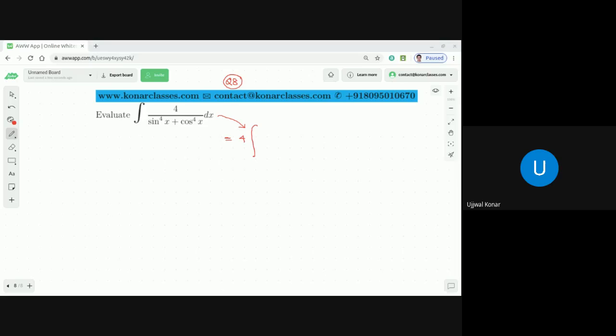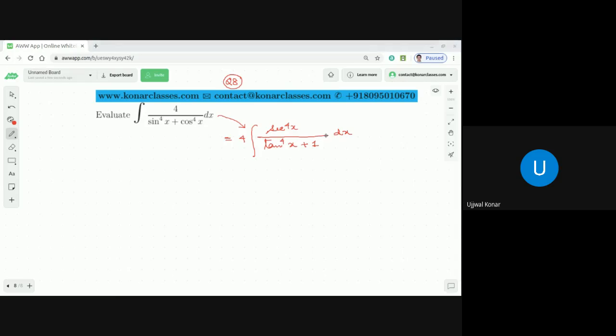Okay, so why are we dividing by cos power 4x? Because sin power 4x by cos power 4x is tan power 4x, and cos power 4x by cos power 4x is 1, that is dx. The moment we come up to here, 30 to 40% of the problem is resolved, because we know